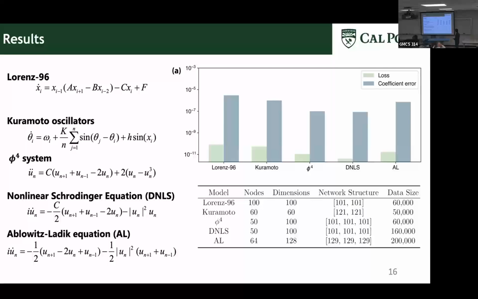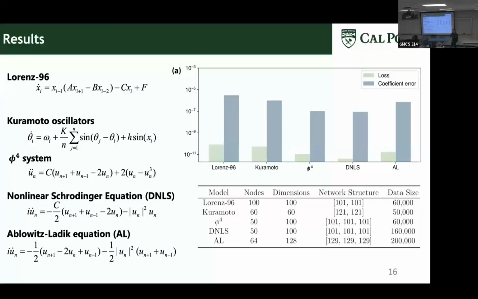It's the nodes for the dimension, because for DNLS and AO, we split it into real and imaginary parts, and then we double the dimensions here. So those are essentially integers that specify the lattice node. Essentially, that's a coupled system. Right, so what do you do at the boundaries of this lattice? When you have i plus one and you're on your last variable, do you go around?